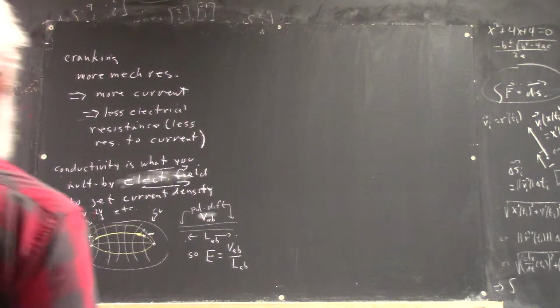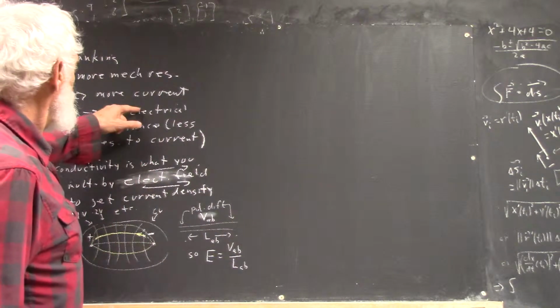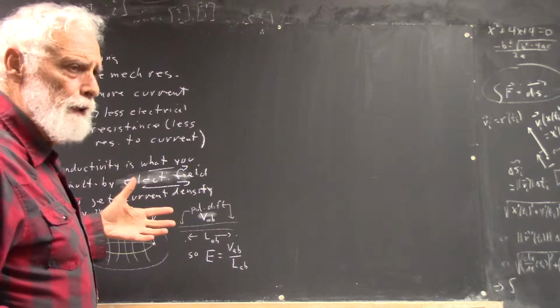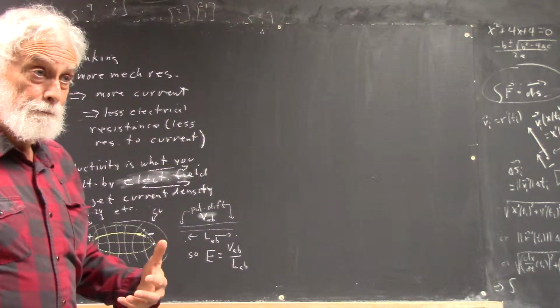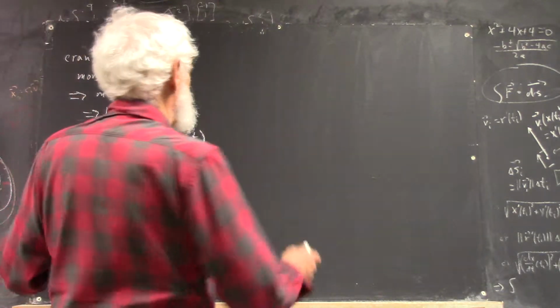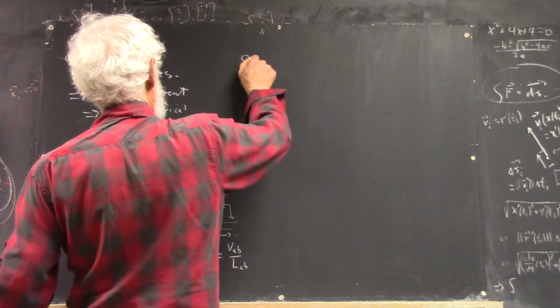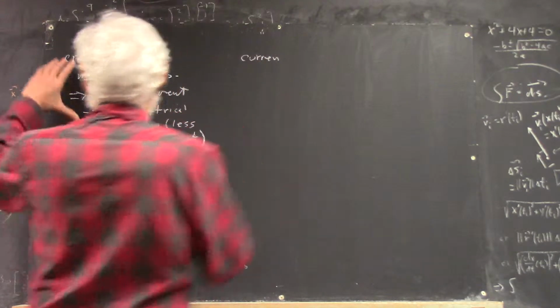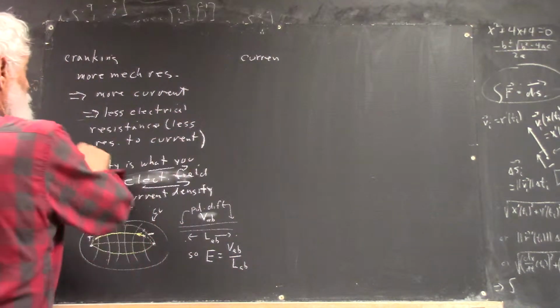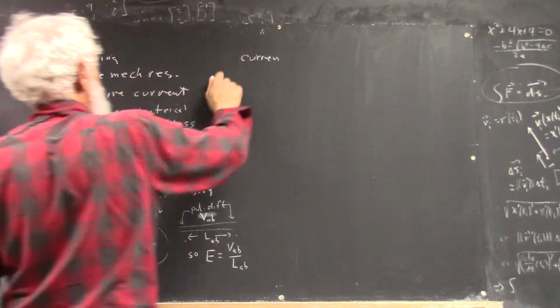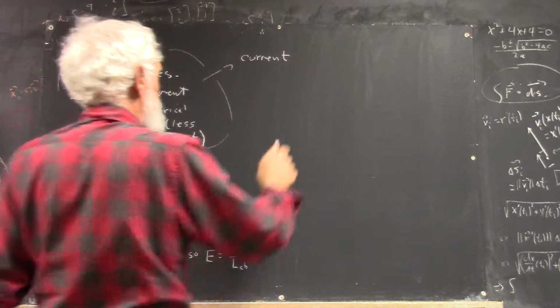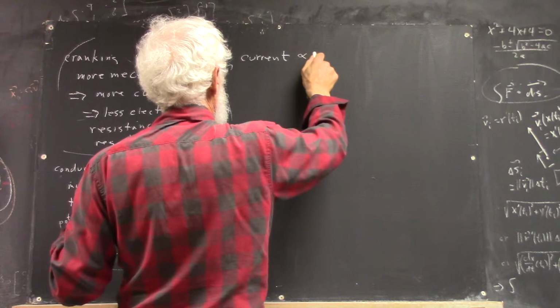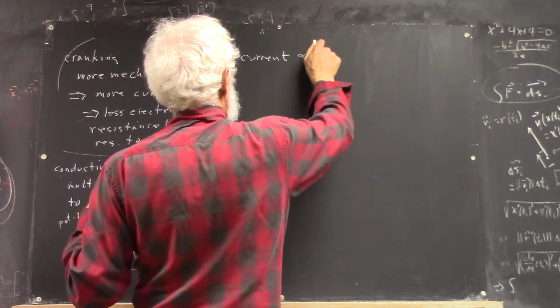So we established then that current is proportional to your potential difference and inversely proportional to resistance, right? Okay, so from all this discussion, current, just from this much, you formalize this by saying the current is proportional to potential difference